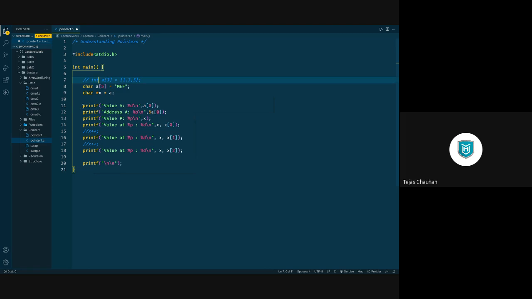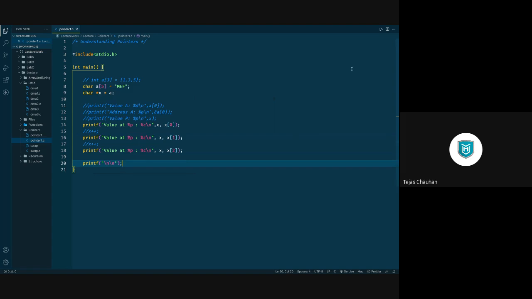Then let me comment the unnecessary part here. We are going to print all the three characters using pointer variable x. We will print the address and we will print the character. So at this place, we are going to make it %c. That's it, and we are done.